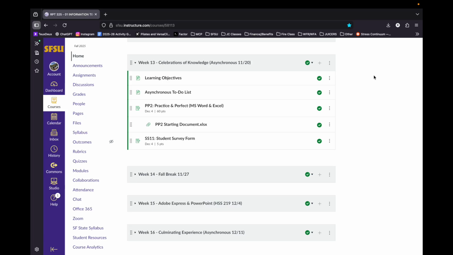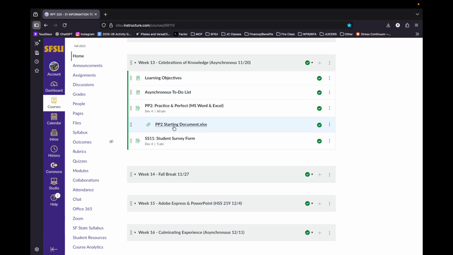One thing to note before we get into the instructions and the demonstration is this assignment was assigned as of 11/20, but is not due until December 4th. So you have the remainder of this week plus basically the full week after fall break to complete this assignment. There is no expectation for you to be working on this during break unless you choose so yourself. With that being said, let's get into the instructions and the starting document.